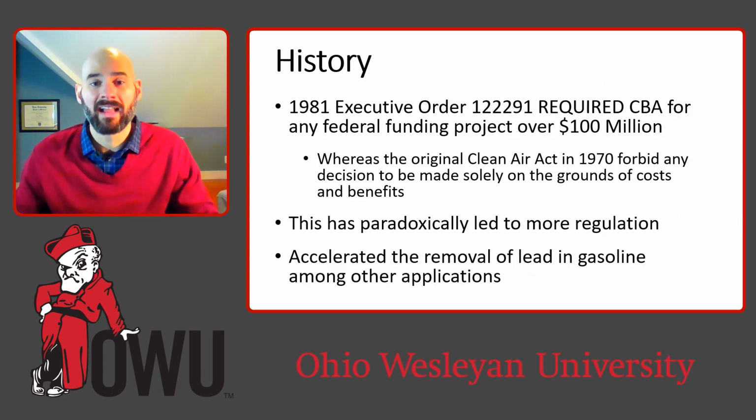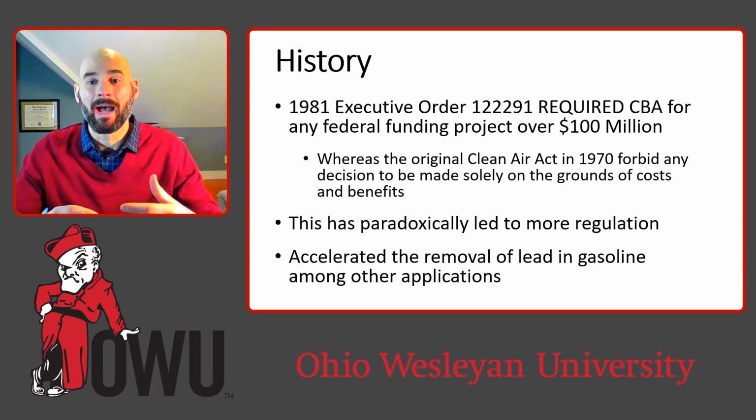So cost-benefit analysis has been institutionalized in American government since 1981 with an executive order signed by Ronald Reagan. And this executive order required cost-benefit analysis for any federal funding project which was worth more than $100 million. And this was thought of as a way to limit government intervention into the environment, into markets, because the thought was by the Reagan administration and those supporting this that